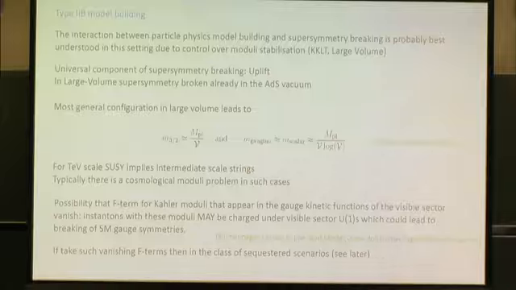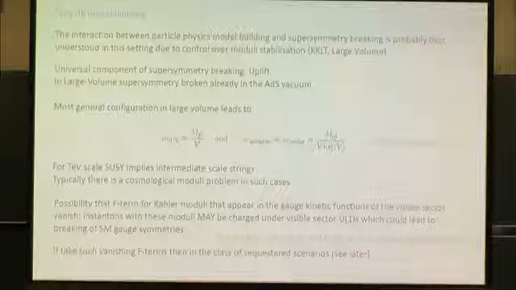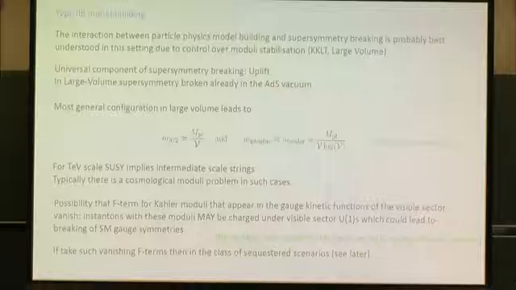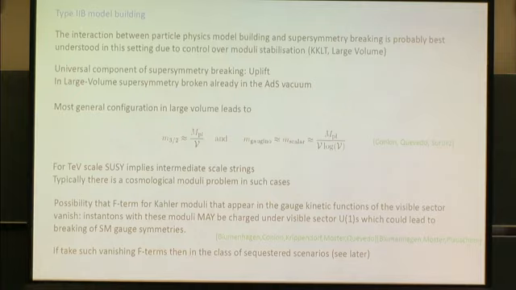But something that emerged, so I think the next big step perhaps in understanding supersymmetry breaking in these models, emerged from thinking about the possibility that the F term for the Kähler moduli that appear in the gauge kinetic function of the visible sector could vanish. And why would we think that could be the case? Well, this could arise due to the tension between moduli stabilization and